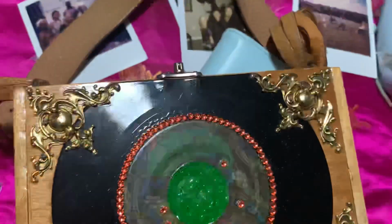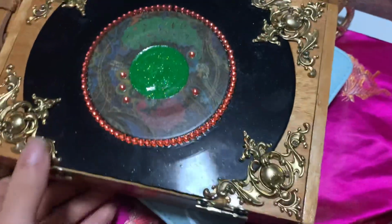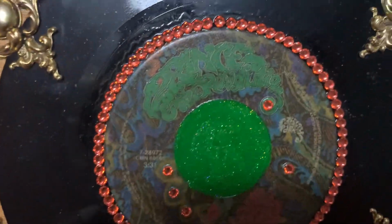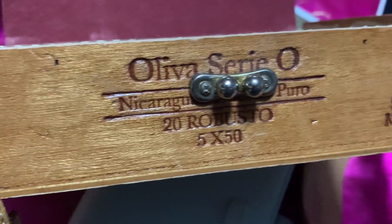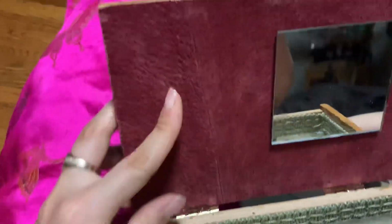So this is a vintage cigar box from this artist that I bought, and it has a Prince of the Revelation record player on it with Swarovski crystals all over it. And inside, the artist, like I said, this is a cigar box. You can see from Nicaragua. She put vintage, ew, you can see my gut in the mirror. Okay, anyways, this is a vintage pants,